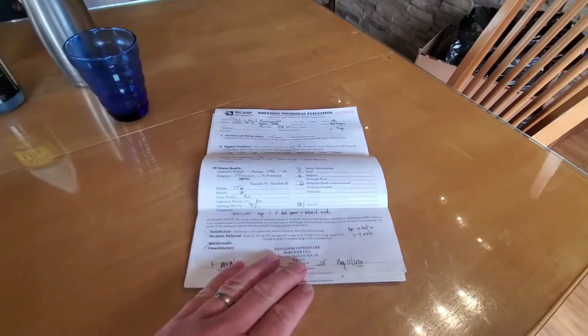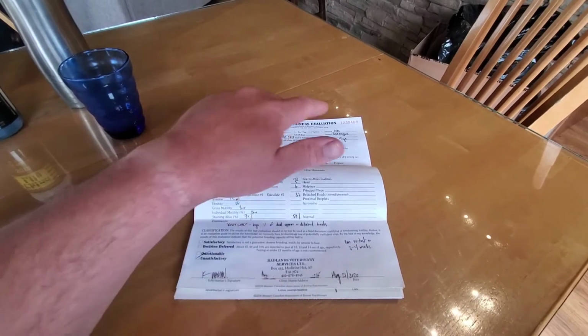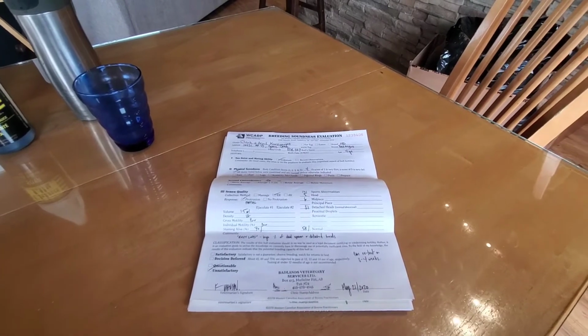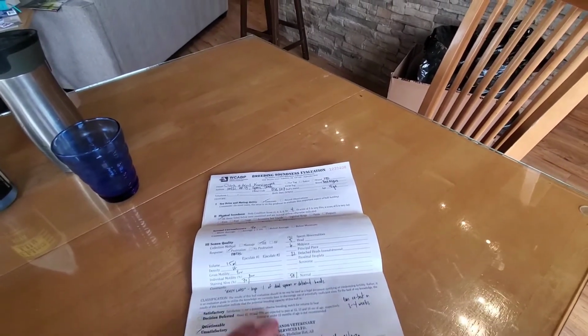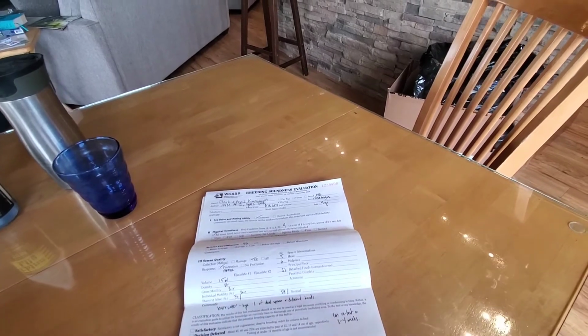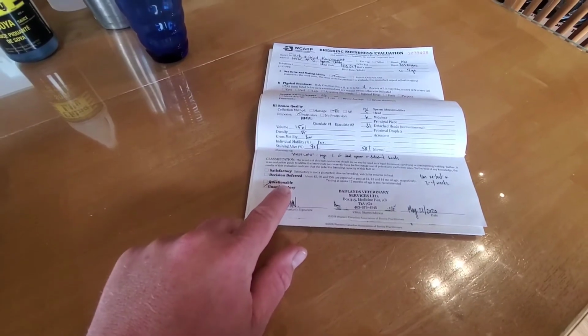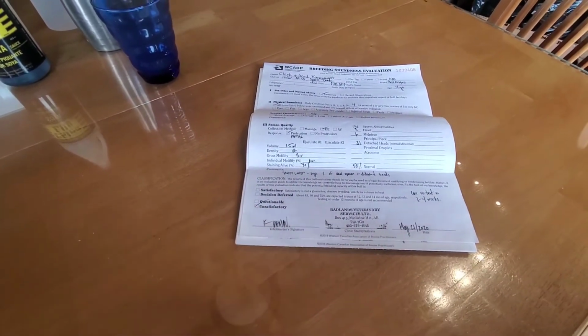And here is the bull that failed here. There's his number, and that's the percent that the vet gives him. And right away, she's got a lot of poor stuff. There's all the check boxes, satisfactory, and this one was on satisfactory, so it doesn't pass. So the issue that I run into is this bull was going to go out to Sage Creek, so it can't go out. And just to kind of give you guys a little bit of how important this day is for a rancher, is the fact that